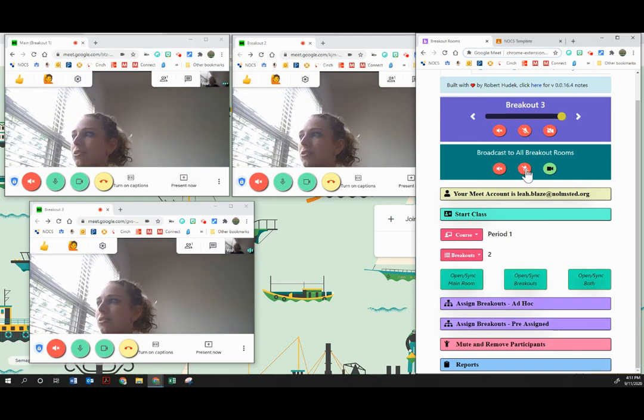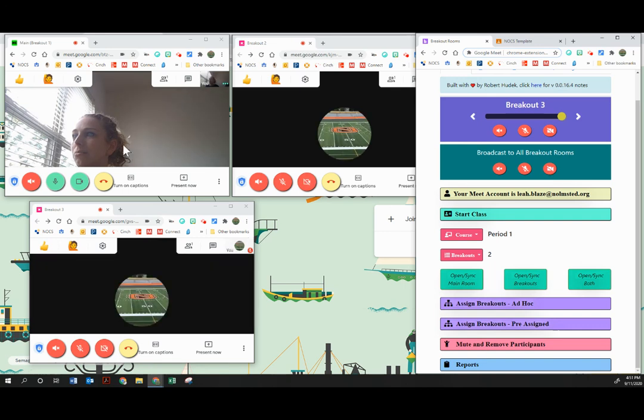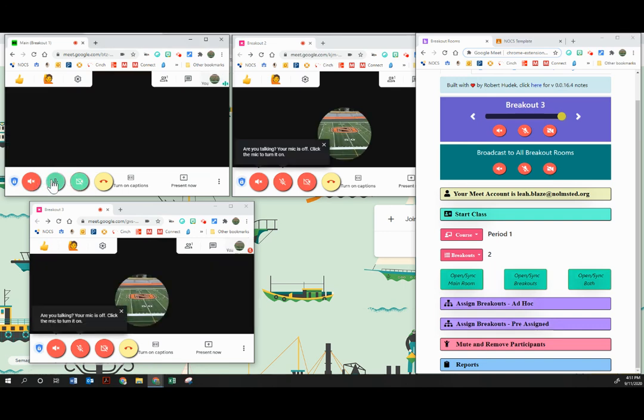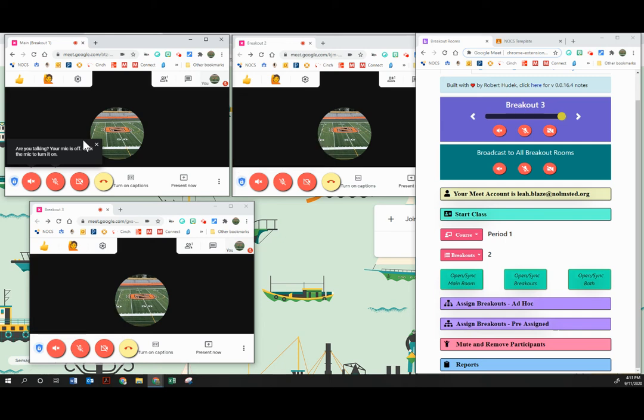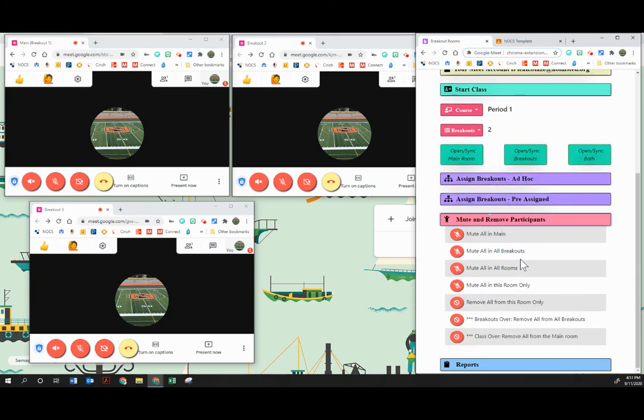So now I'm going to try to turn off my sound and turn off my camera. It didn't turn off in the main room, so I'm going to do that manually. Be patient with it. It is an extension. It works pretty well, but every once in a while you're going to have that where you've got to do a manual switch. Now, at the very bottom, you do have some options